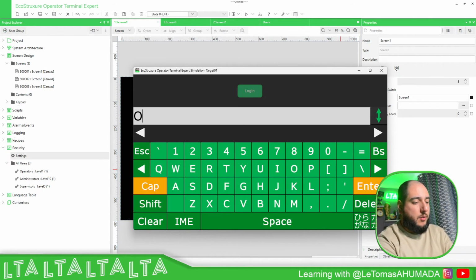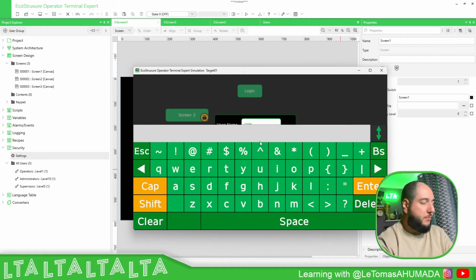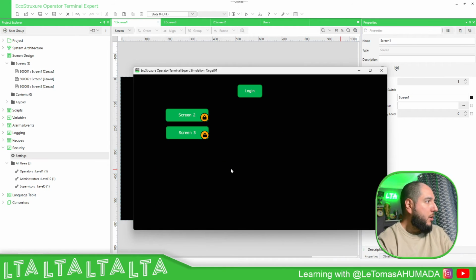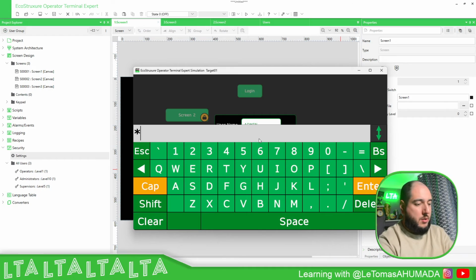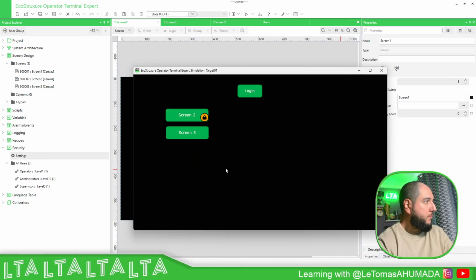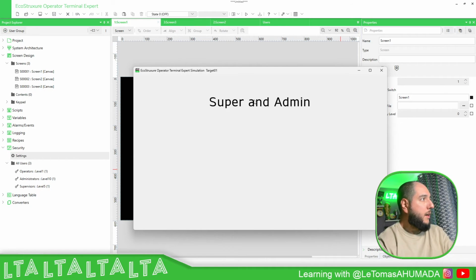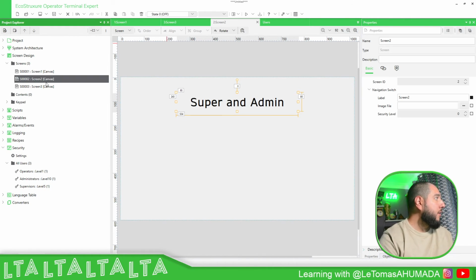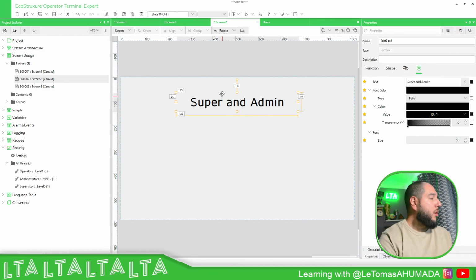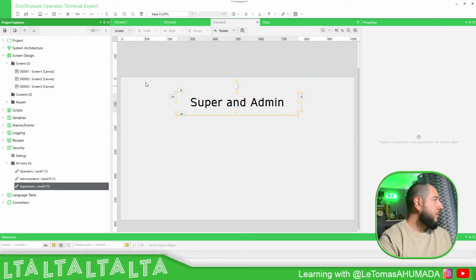So if I press open login, this one has been off, but this one no, because I need the admin login, and there we go. Okay, so now imagine that you want to log out from that screen. So you're on this screen. What you need to do is to, similar to the other one,